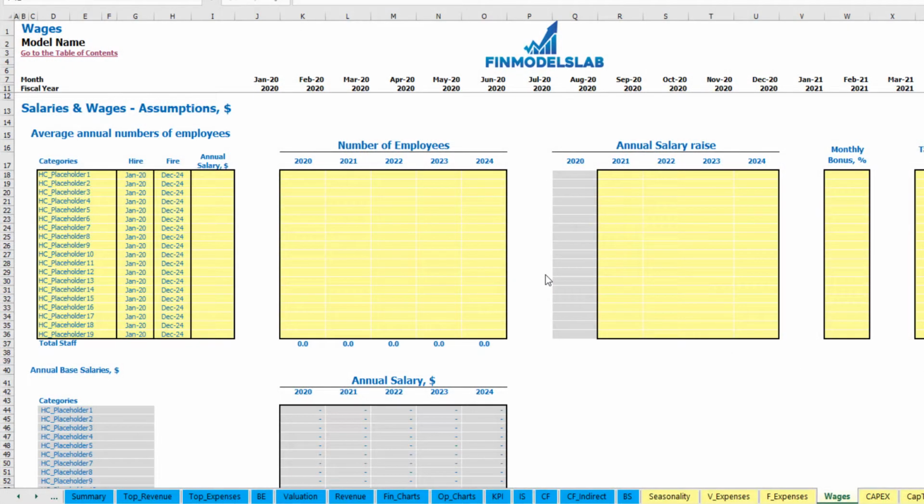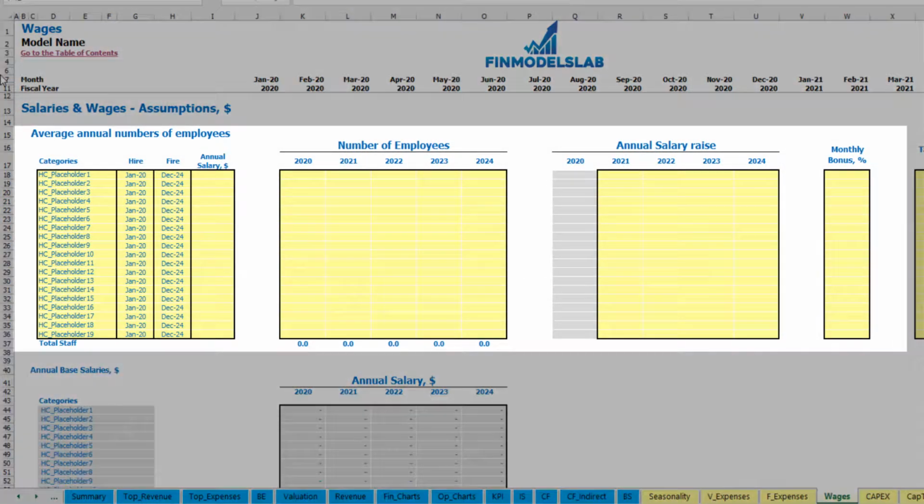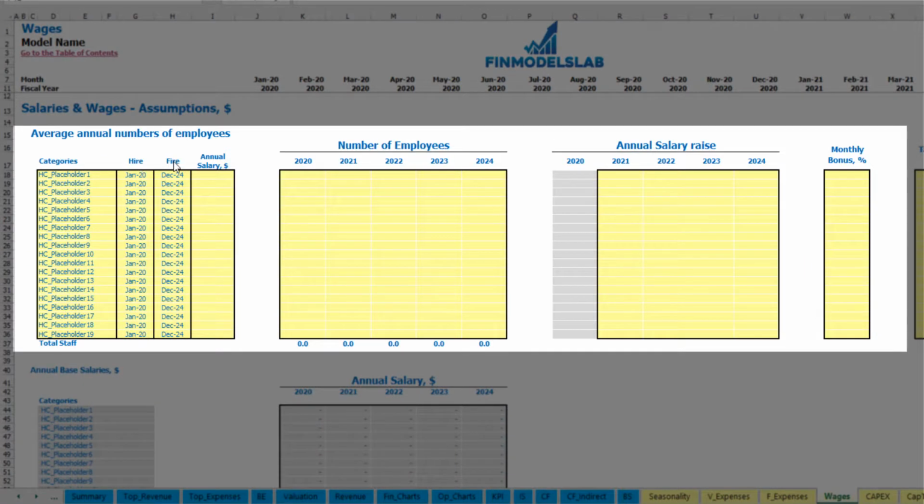On the Wages tab you can input your headcount by categories, with hire and fire date, with annual salary, with ability to input different number of employees by years, with annual salary rise percentage, with monthly bonus and tax rate. Let me give you a couple of examples. Let it be